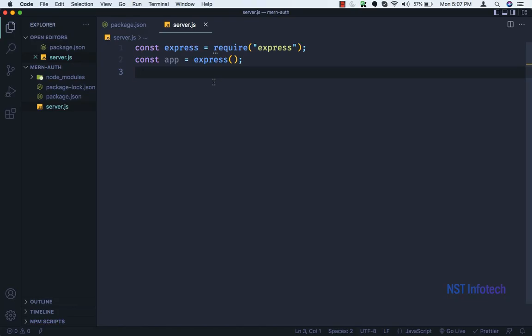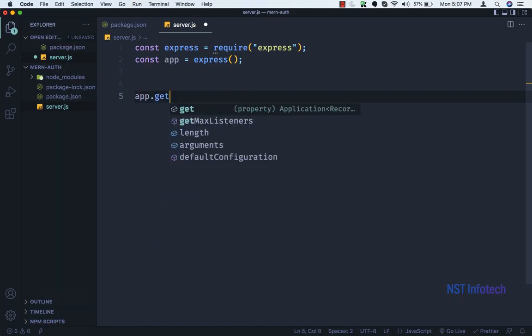So you might have heard about APIs. Essentially, what we are going to do is build an API. The first thing we are going to do is build a quick hello world example to see if our Express application is up and running successfully. So we are going to say